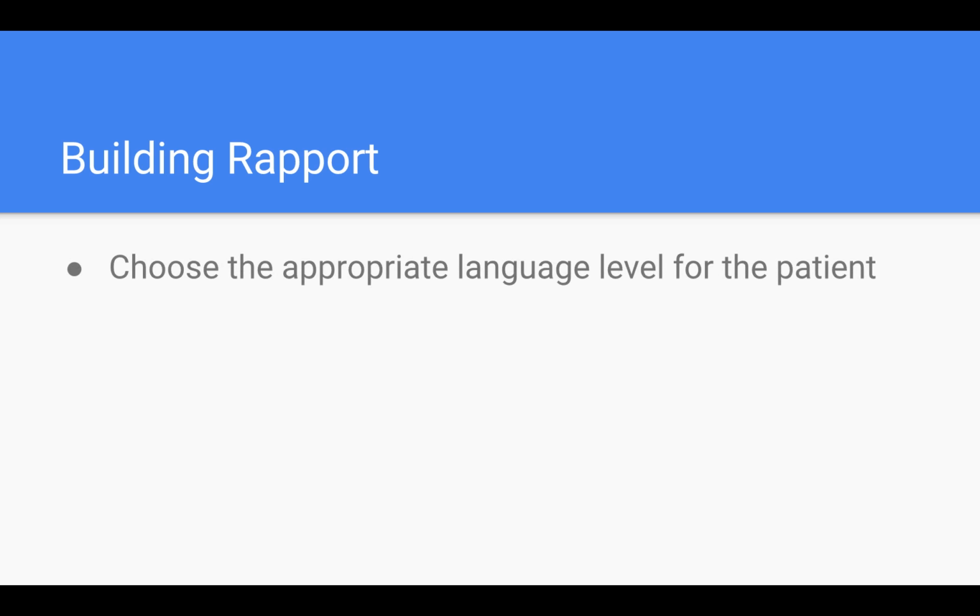Make sure you're picking the right level of language to use with the client. What I mean is, on the highest level would be, say, once you're an audiologist and you've graduated, you might be thinking, how do I communicate with other audiologists or my professors or whoever, in terms of the words you choose, the jargon you utilize,